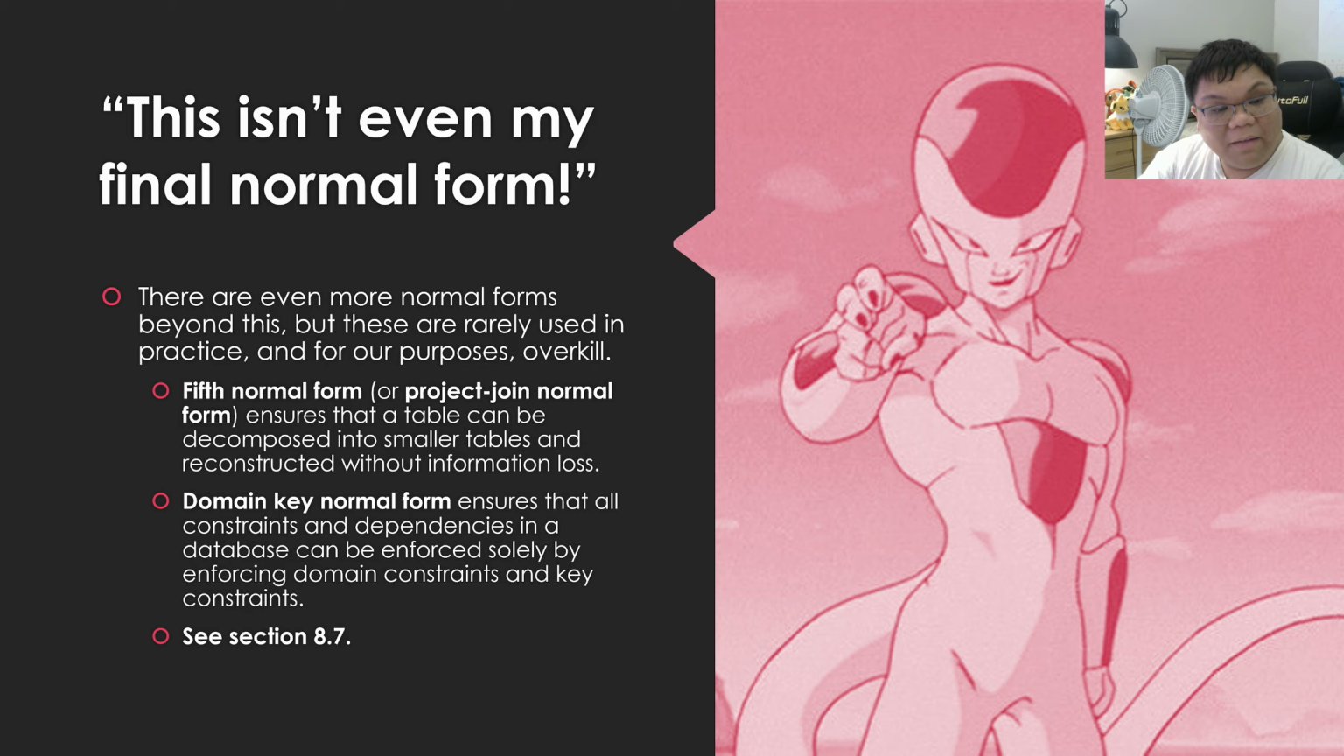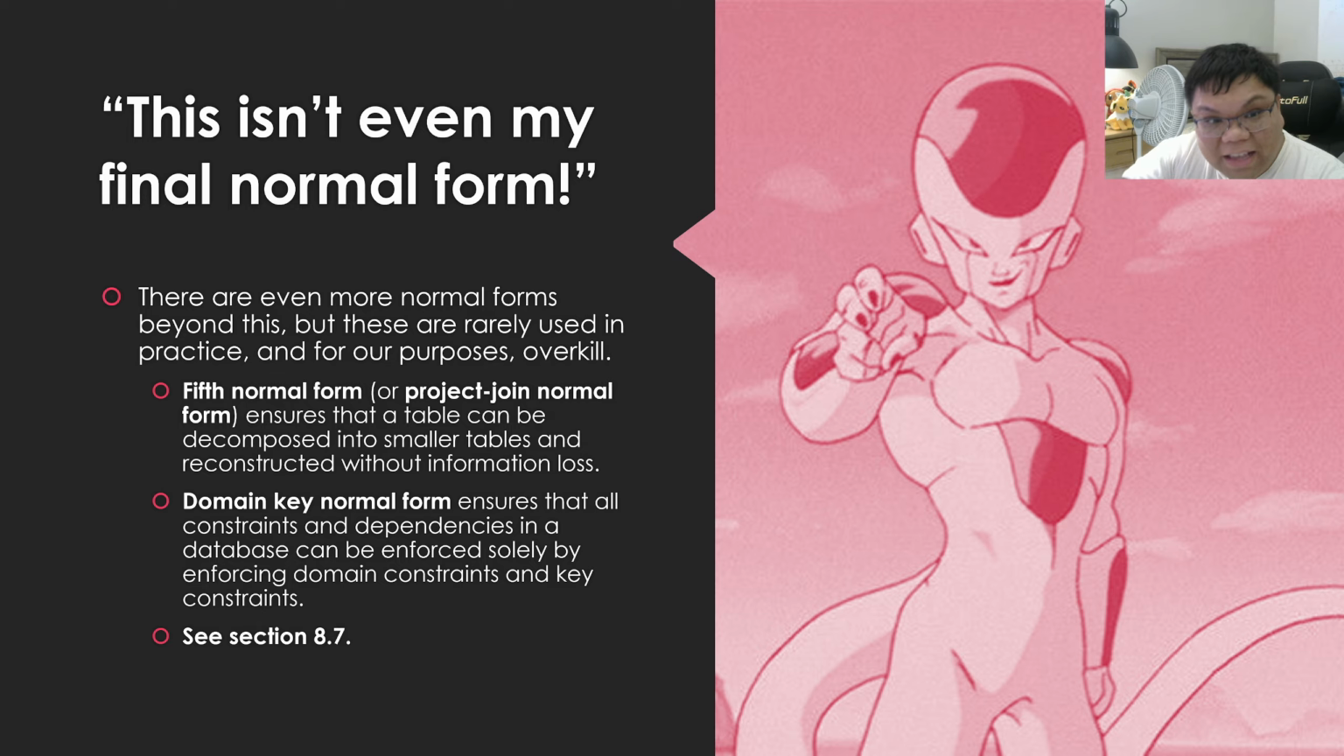If you have a table that was decomposed into smaller tables, you can reconstruct the original big table without information loss. That is 5th normal form, also known as projection join normal form. And the other one is called domain key normal form. That says all constraints and dependencies in a database can be enforced solely by enforcing domain constraints and key constraints. These 2 normal forms are discussed briefly in section 8.7, but even